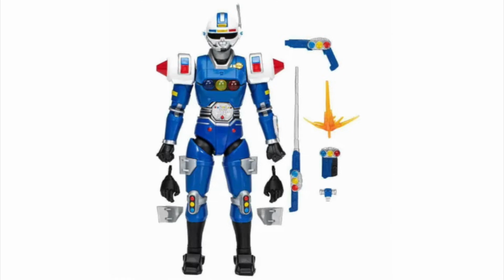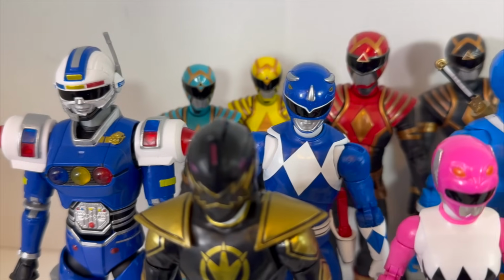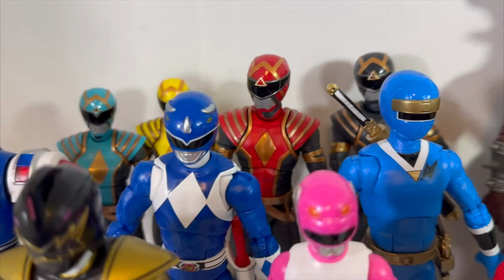Very, very fun figure, though. I love this figure. And it's one of those cool ones where it's just a fun, wacky RoboCop kind of design. So even if you're not a Power Rangers fan, you might like this figure. It's a really, really good one. I even bought 2, so I could customize one into the evil one that was in one episode. So it's fantastic. And with that is going to do it for my top 5 worst and top 10 best